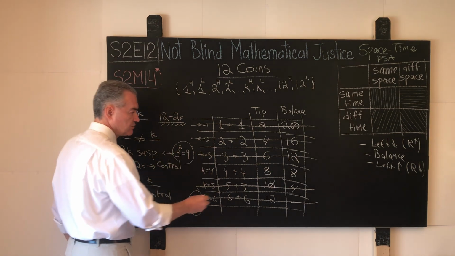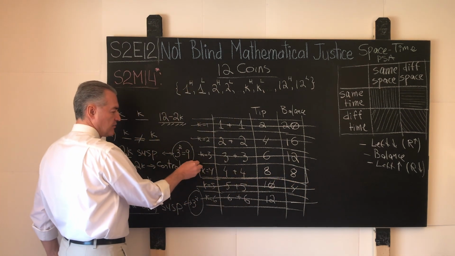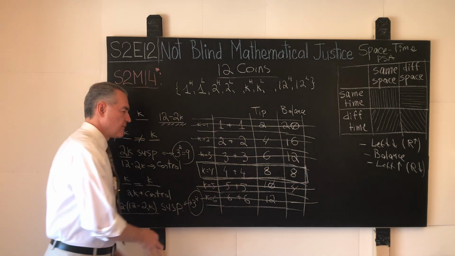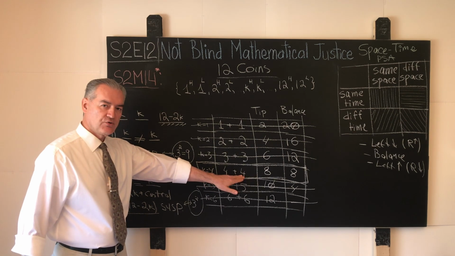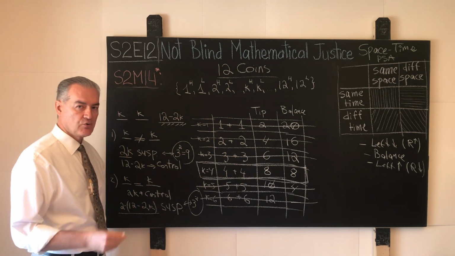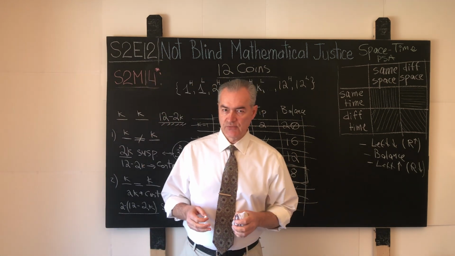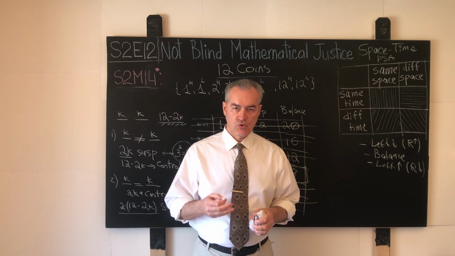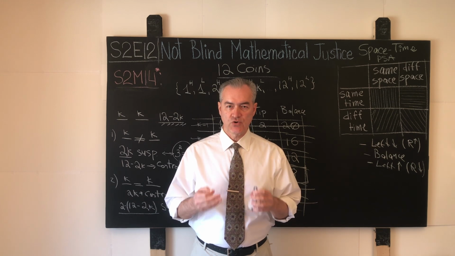Consequently, from this experiment, we see that the only partition that gives us some theoretical hope is this one, the partition when we put 4 coins on one pan, 4 coins on the other pan, and we keep the remaining 4 coins on the table. And this is our first small victory. We managed to eliminate all the possible partitions, reduce it to only one, 4 plus 4, and we next will design our first weighing.